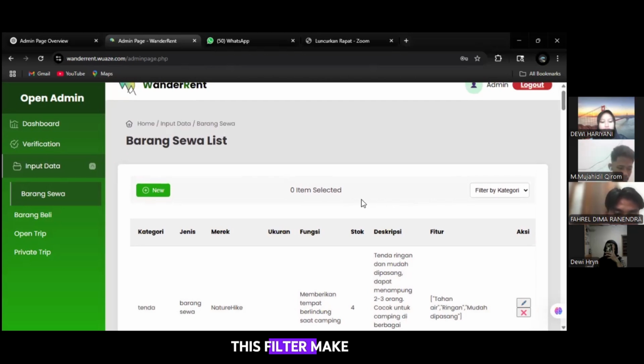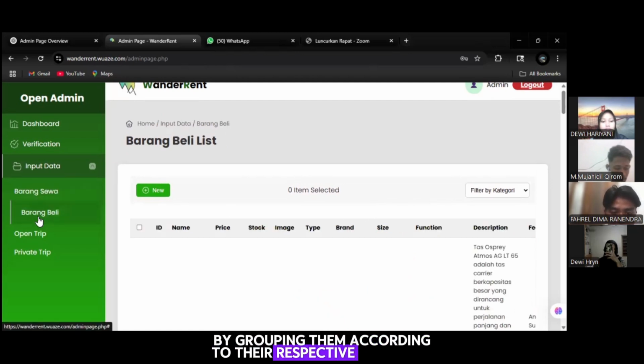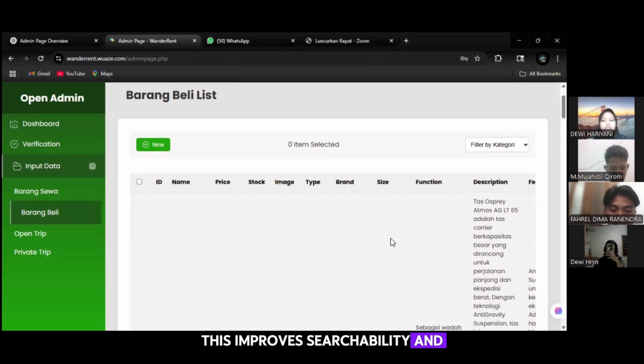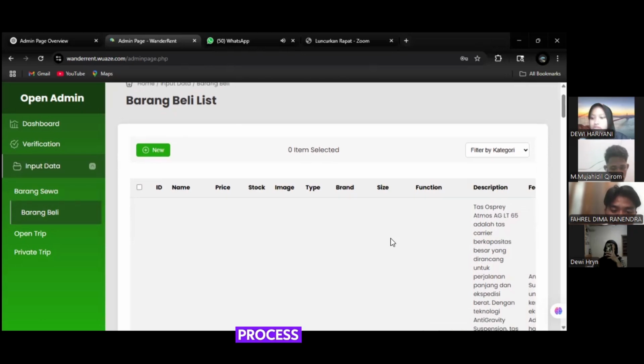This filter makes it easier to manage a large collection of items by grouping them according to their respective category, such as tents, backpacks, travel gear, and so on. This improves searchability and simplifies the editing process.